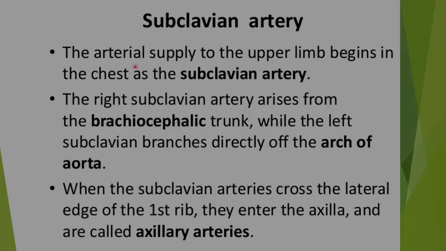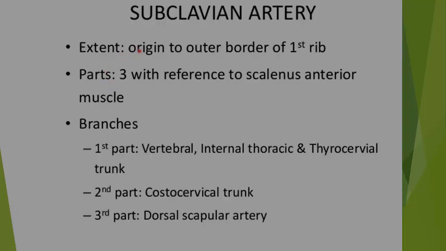Subclavian artery: it supplies blood to the upper limb, and begins in the chest. The right subclavian artery arises from the brachiocephalic trunk, while the left subclavian branches directly off the arch of aorta. When the subclavian arteries cross the lateral edge of the first rib, they enter the axilla and are called axillary arteries. The subclavian artery originates to the outer border of the first rib with reference to the scalenus anterior muscle, and